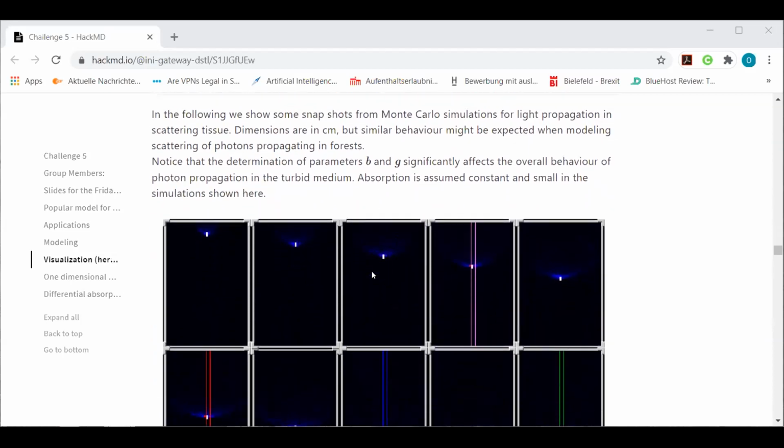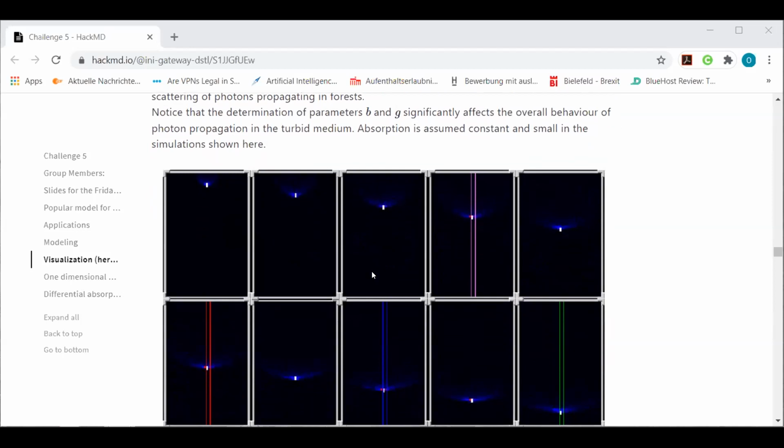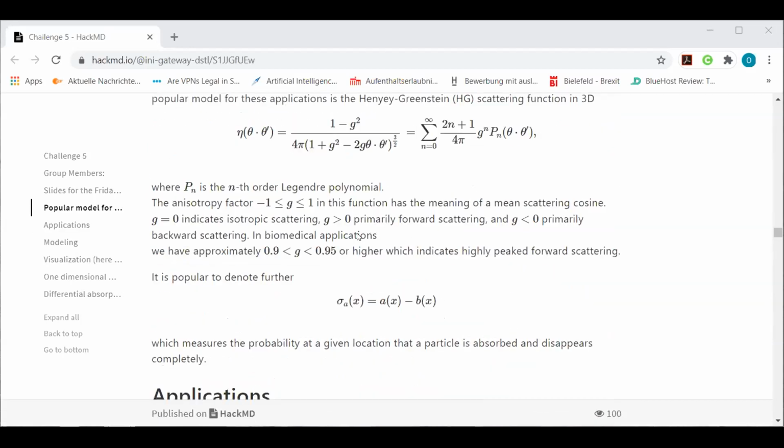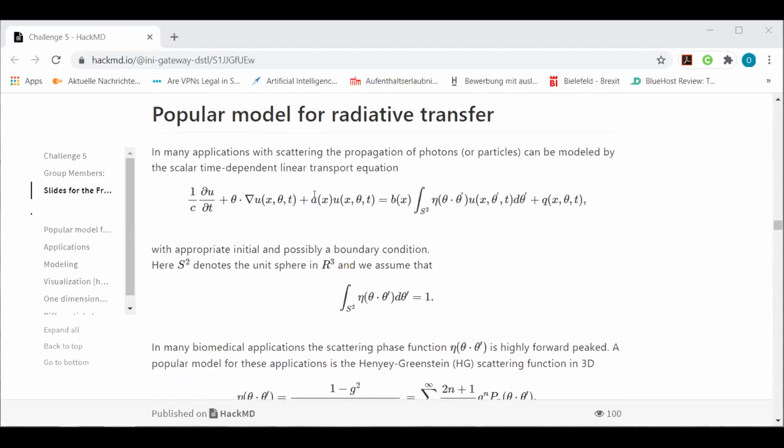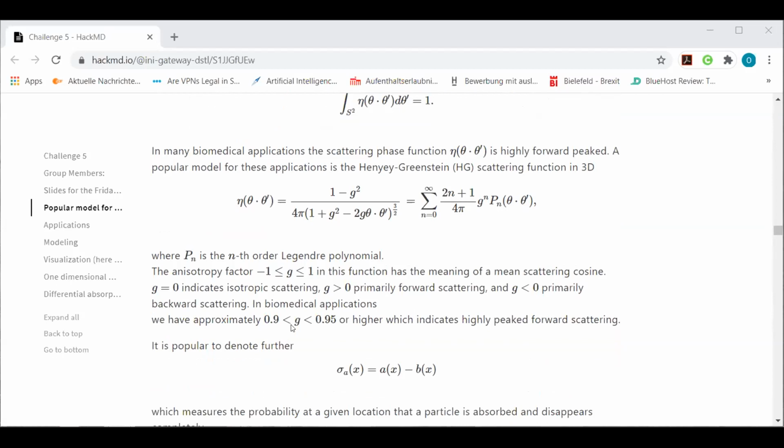Now in our applications, the important question to ask is, what type of element should we put in this transport equation, and what effect would it have on our signals when we want to solve the inverse problem? And I want to show you, you remember there were these parameters B and A, I go back here, A on the left and B on the right. And there's also this eta, which contains this single parameter G.